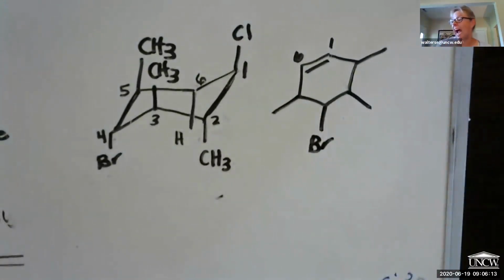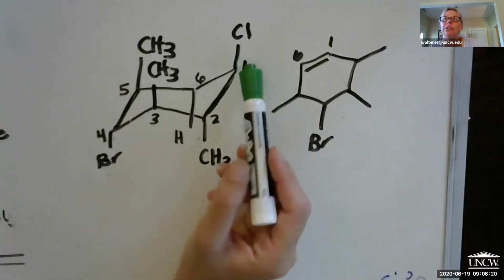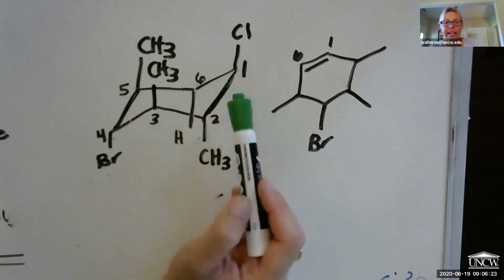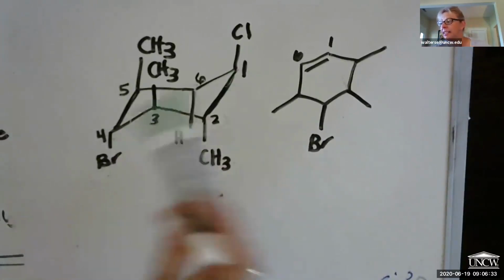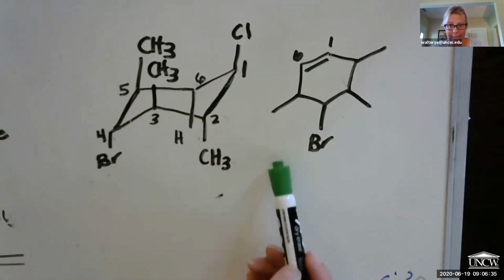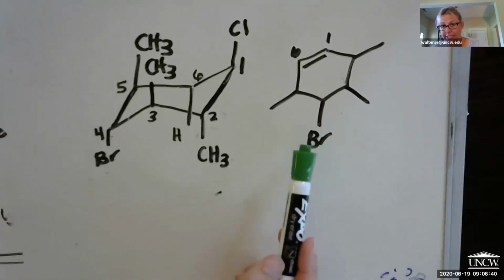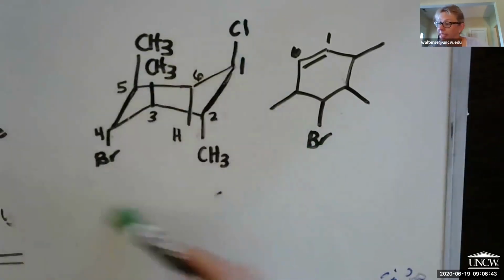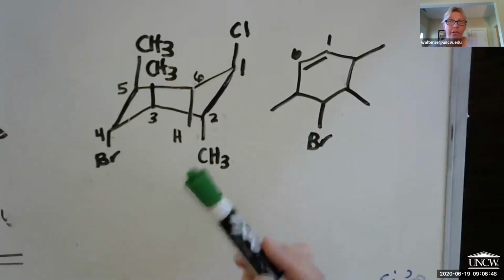So I guess it could be that tricky, but like I said, we didn't talk about doing double eliminations on alkyl halides. We talked about doing double eliminations on alkyl dihalides to make alkynes, but not in the sense of antiperiplanar and making a cyclohexene, a substituted cyclohexene. So yes, you could see something like this,